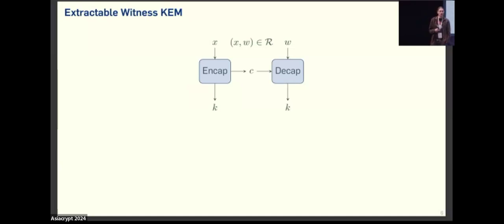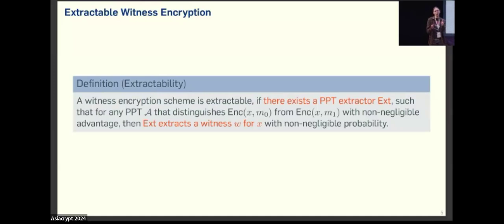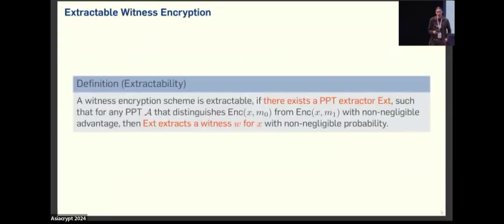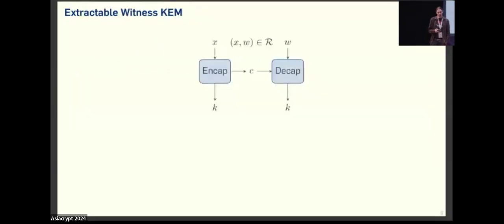So this is now meaningful even if the language is trivial, because even if the language is trivial, finding the witness might actually be hard. And in the case of KZG commitments, finding those witnesses is hard as long as the KZG commitments are actually binding. So